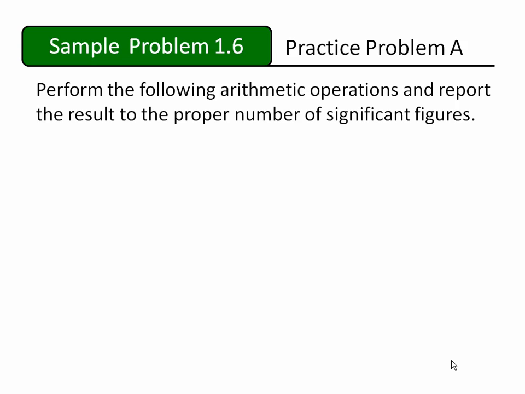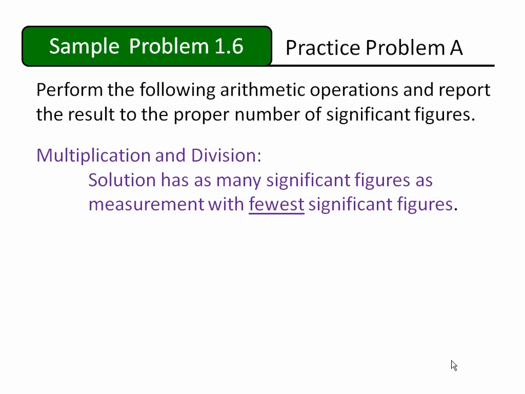The rule for using significant figures in multiplication and division problems is pretty straightforward. Our answer can only contain as many significant figures as the measurement with the fewest significant figures. There are two key words in this statement. They are measurement and fewest. A measurement is different from an exact or counted value, and we'll have to keep that in mind as we look at problems. And remember, we will want to round our answers to reflect the fewest significant figures when we